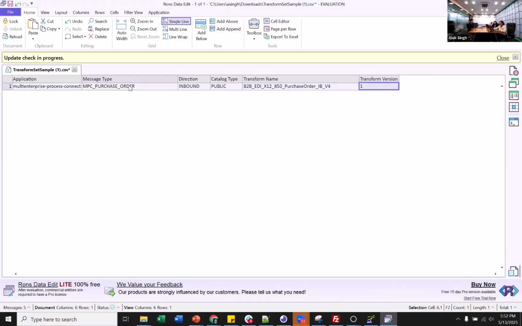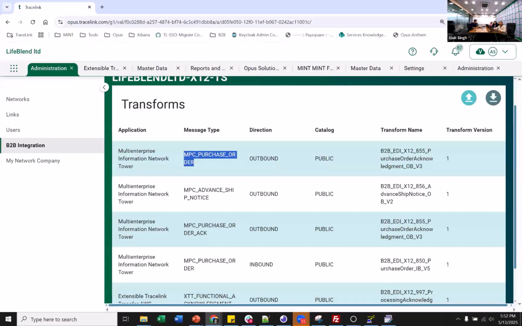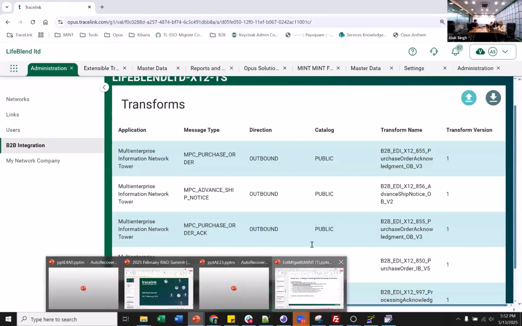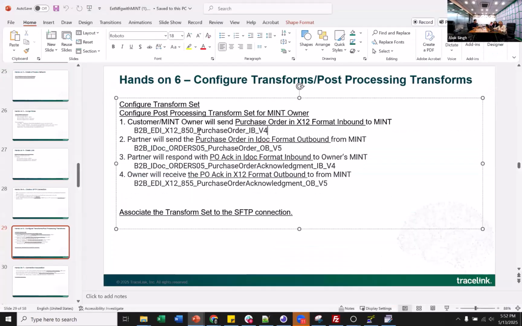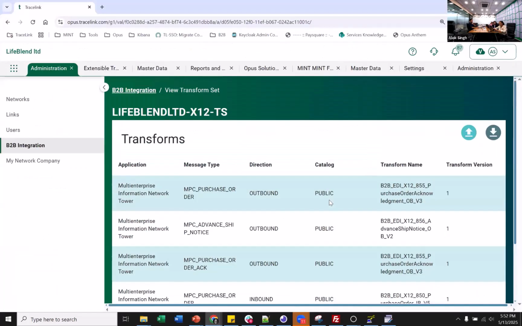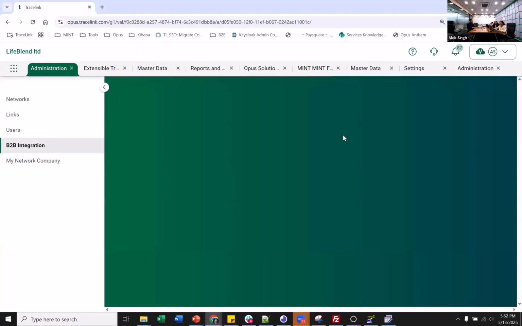So there are two places. Either we can follow this one, or you can go to the configuration wiki page and download a standard transform file from there, and then add this transform into your CSV file. And then once the CSV file is ready, you can come back here on the B2B integration,